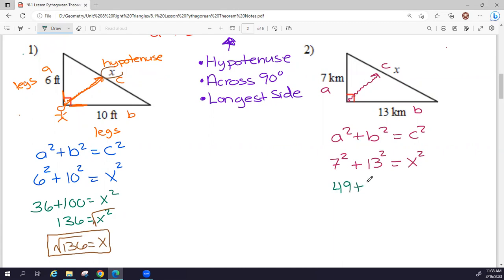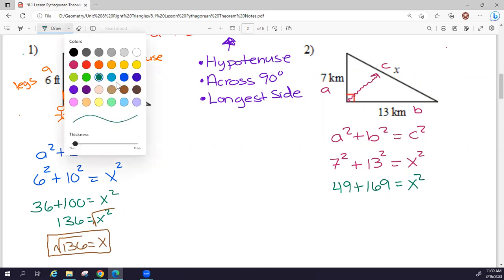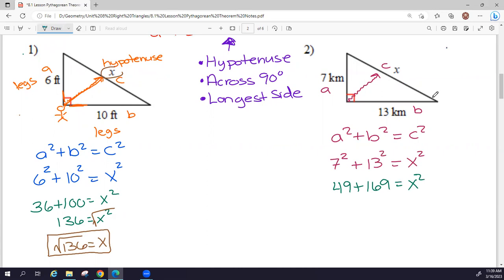And if you need Desmos for some help, that's totally fine. Don't be too proud. Go ahead and use that tool that you have at your disposal so that we don't get any arithmetic or multiplying or squaring errors. I'm going to add these two together. And of course, if I happen to make an arithmetic error here, feel free to let me know so I can correct my mistake.